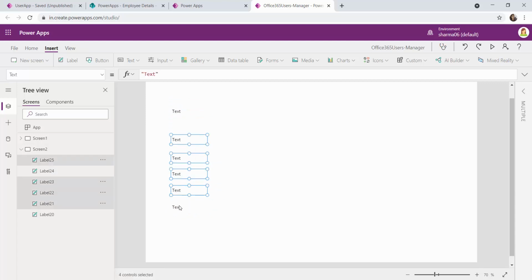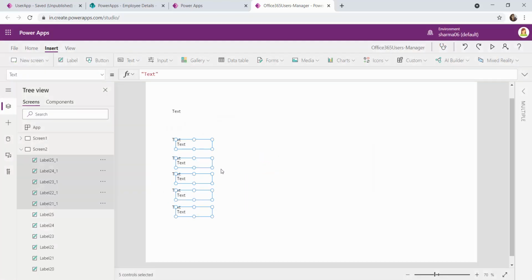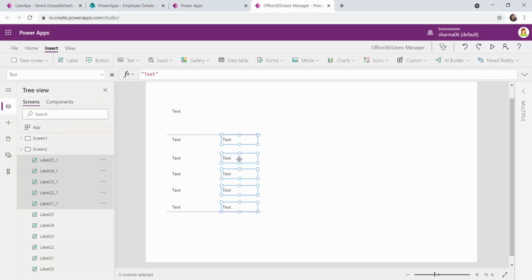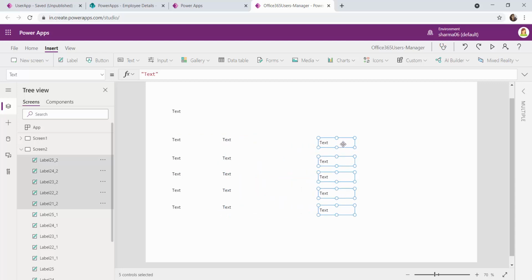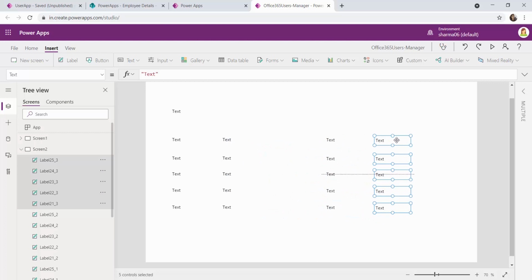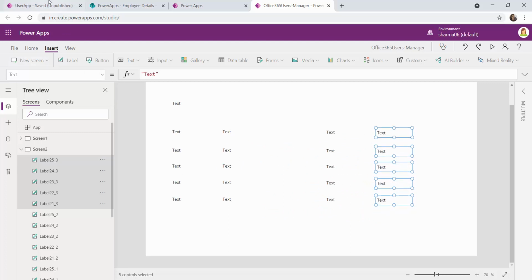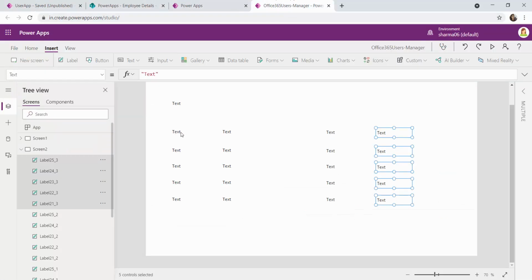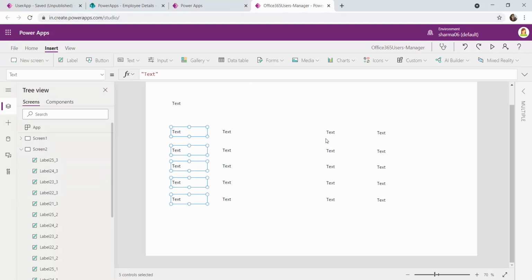And you can select all these 5, copy and paste it, and drag it over here. Okay, I want it for the values also, and again copy and paste, paste, yes, fine. We have a structure similar to this now, and I want all these text to have a different format,